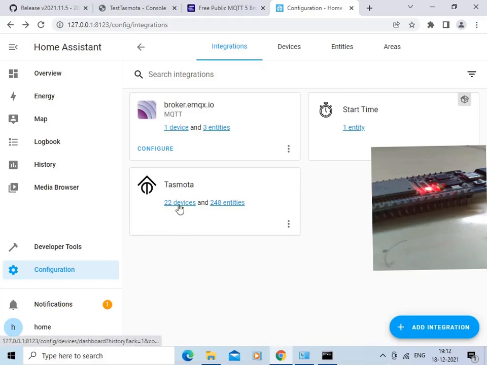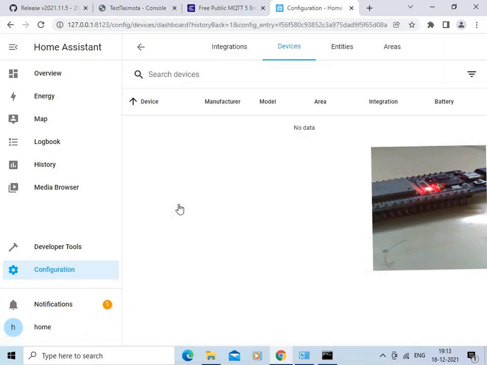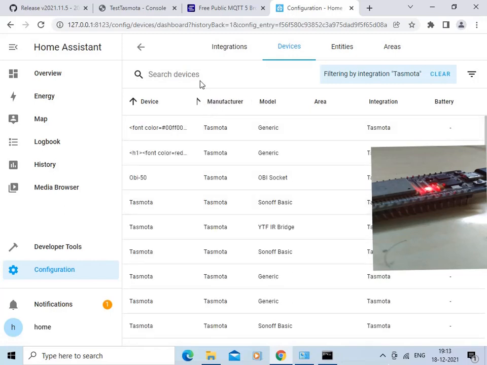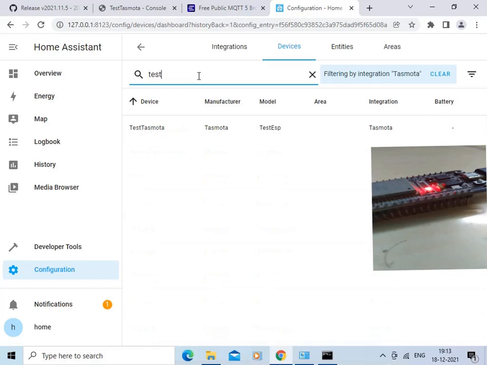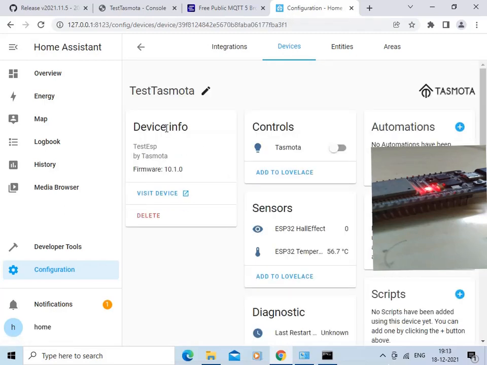Let us click on the devices here and search for test. So this is our device. Click over here. So this is the control for operating the LED. You can see the LED is off on the ESP32 board.